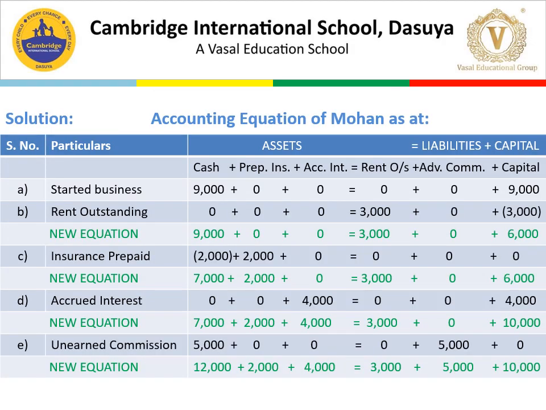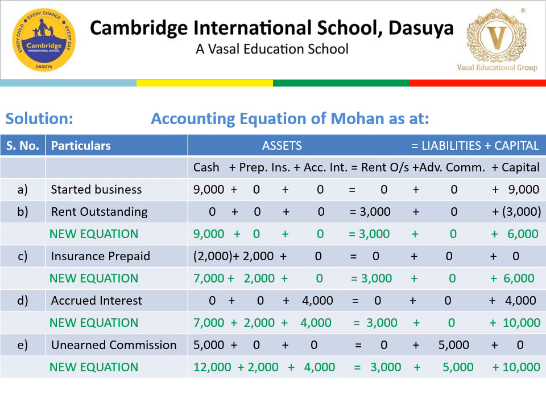Solution of the above question. First transaction is the same: started business with cash rupees 9,000, cash added with 9,000 and capital 9,000. Rent outstanding, since rent is due but not paid: rent, whether paid or not paid, is deducted from capital, rupees 3,000. If it is paid, it should be deducted from cash, but here it is due but not paid. So there is a new column on the liability side under the name of rent outstanding rupees 3,000.